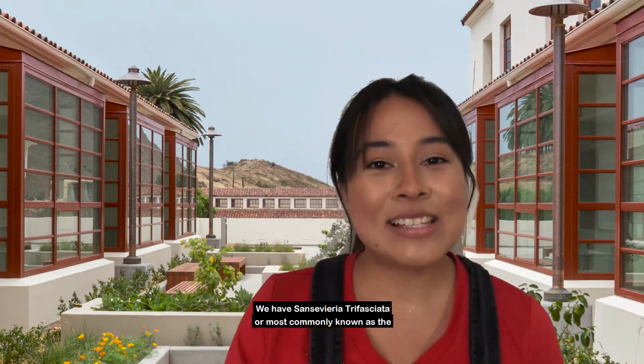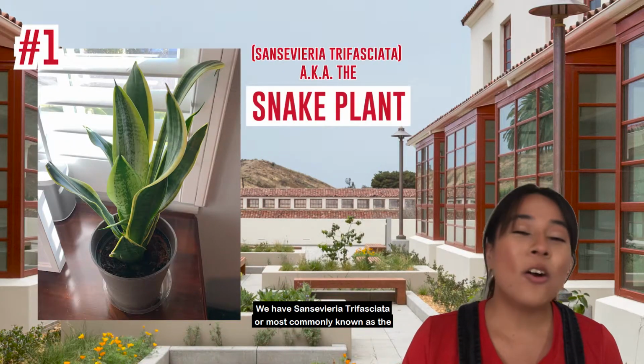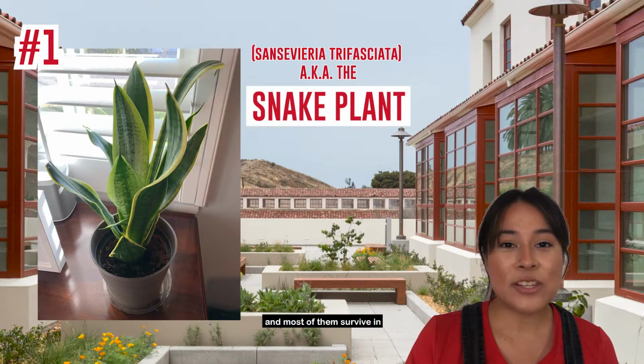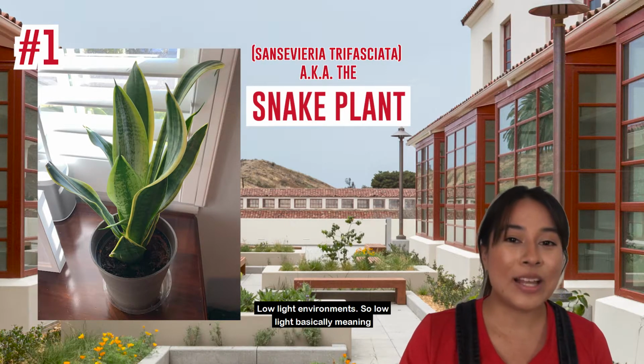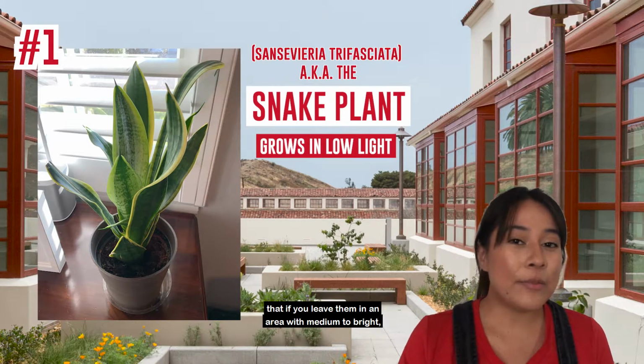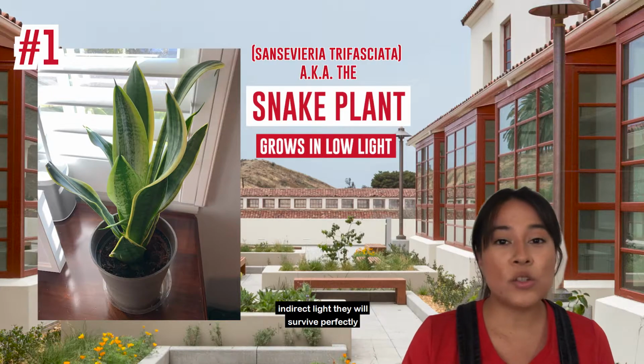Number 1, we have Sansevieria trifasciata, or most commonly known as the snake plant. The snake plant has so many different species, and most of them survive in low light environments. So low light basically meaning that if you leave them in an area with medium to bright indirect light, they